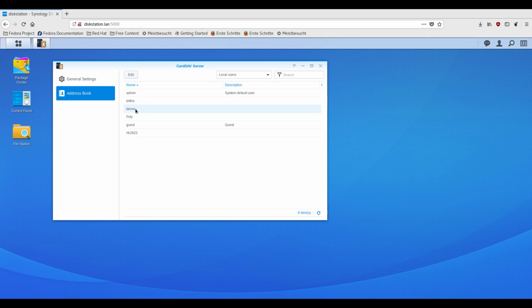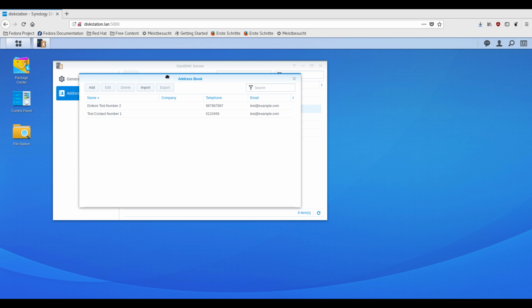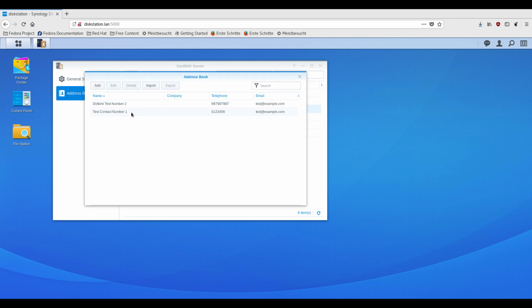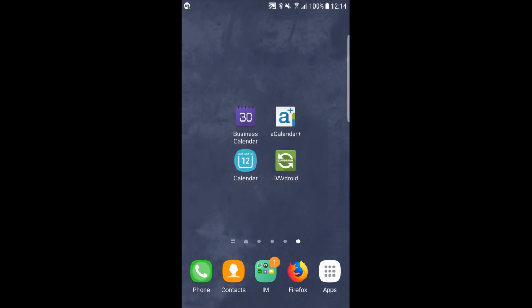In the address book tab, you can see all users. If you double click on your user, you can see the addresses entered there. I've created 2 test contacts already. Now switch to your Android phone and open